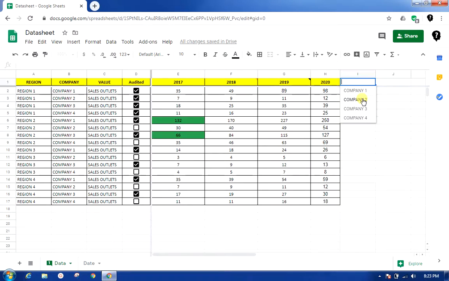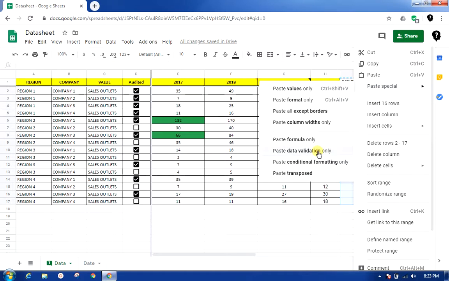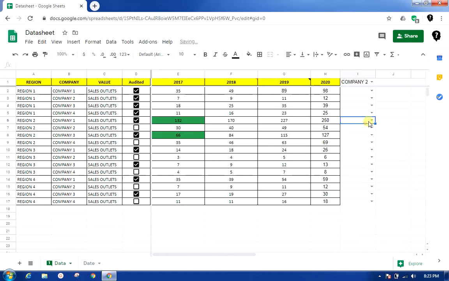Either it will reject the output based on the setting, or it will throw a warning. Okay, so I have this company too. But what if I want this validation across all these cells? I will just copy this, and to my range I will paste special as validation only. So now this validation is available everywhere.